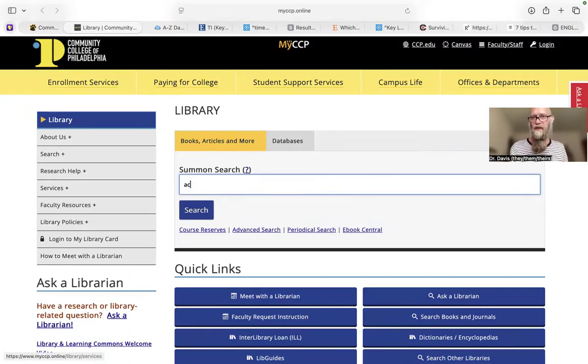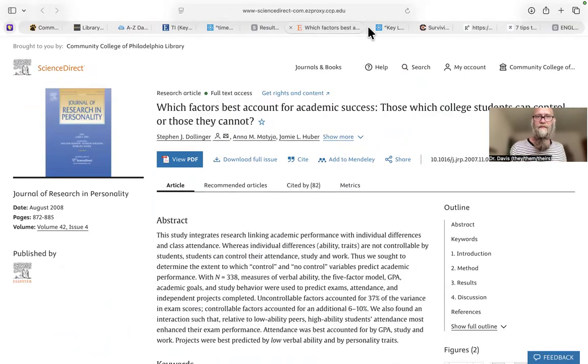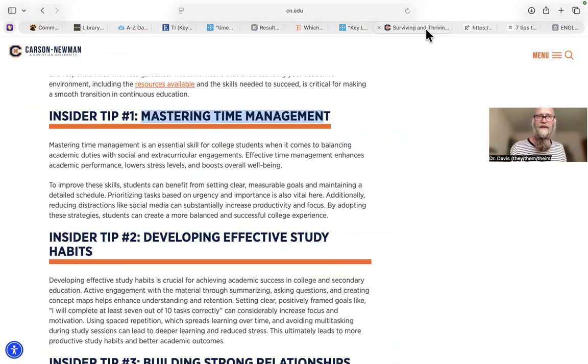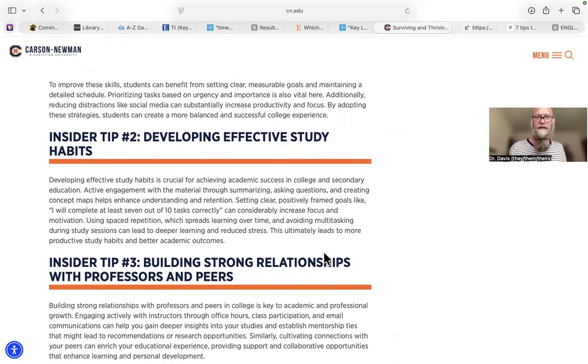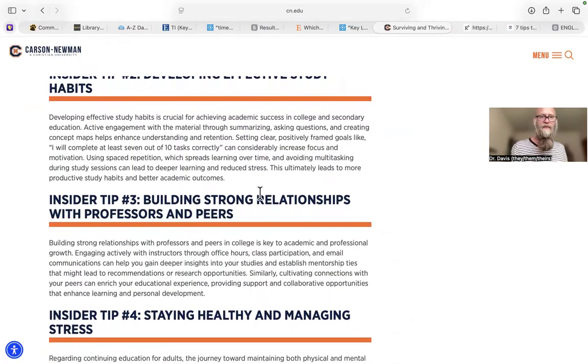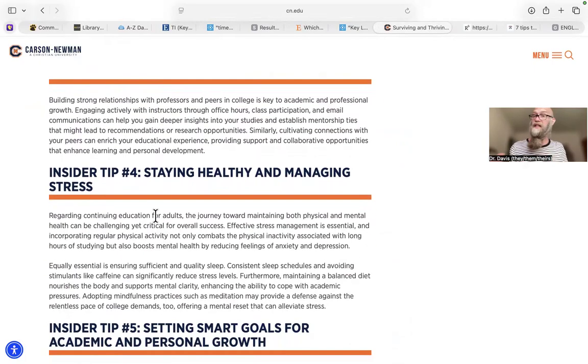I don't want to waste any more time, but like academic achievement and the other information that we found: time management, right? Study habits, relationships with professors, right? Stress management, that's important. And we look for information in the academic databases based on this.